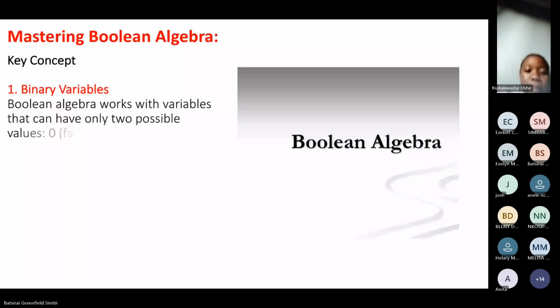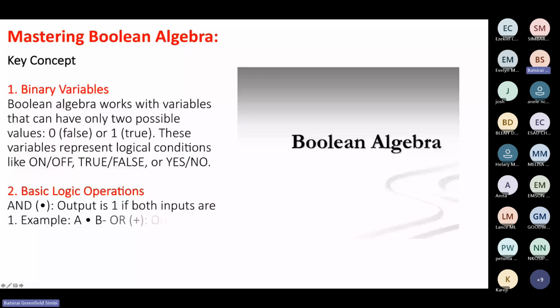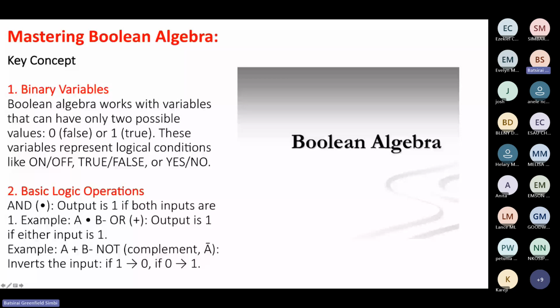Then binary variables. Boolean algebra works with variables that can have only two possible values, which are 0 or false and 1 or true. These variables represent logical conditions like on and off, true and false. Basic logical operations: the AND gate, or dot, output is 1 if both inputs are true, or are 1. For example, we've got A dot B